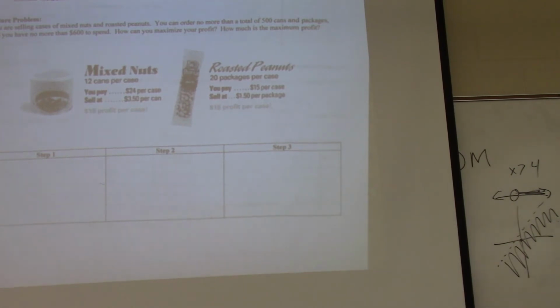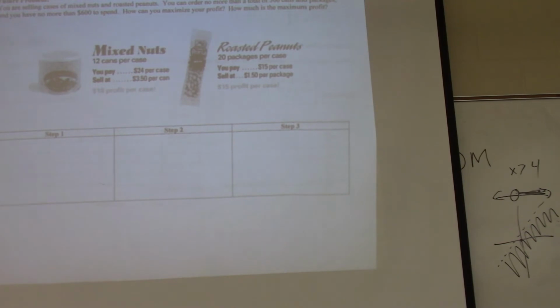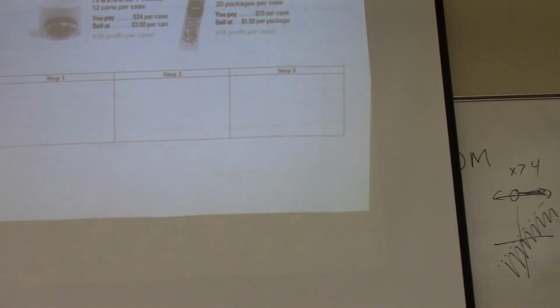Let's talk about the steps. There are 3 specific steps, and some of these steps have more than one thing involved with them. What I'm going to do here is I'm going to just tell you the step, and then we're going to draw an example down below. And the example that I'm going to talk about is dealing with chairs and tables. Okay? If I know that I have to make this many chairs and this many tables,